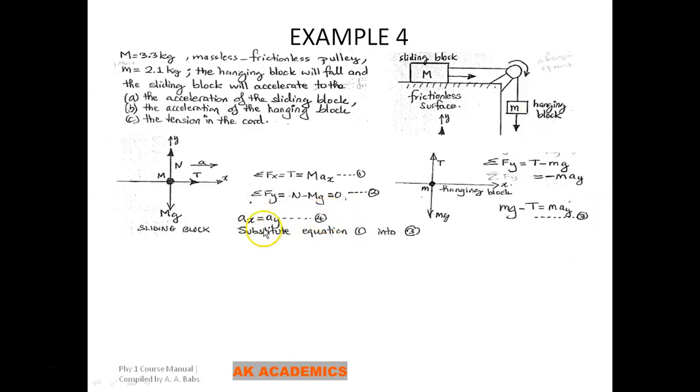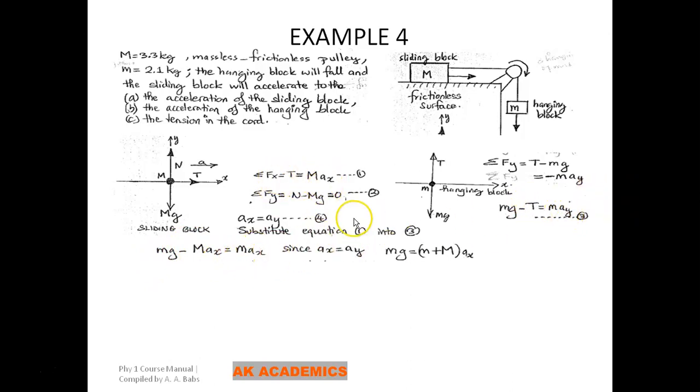Now that we have all these equations here, we can substitute equation 1 into 3. Equation 1 says T is equal to max. Equation 3 says mg minus T is equal to may. So if you make that substitution, instead of writing T here, you're going to write max here, because in equation 1 that we are substituting into equation 3, T is max. So we have mg minus max equals